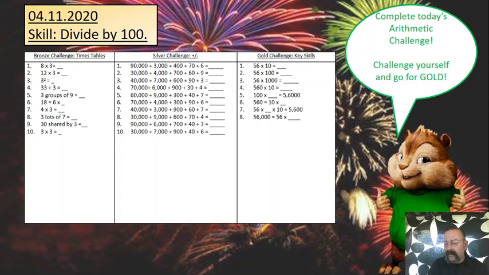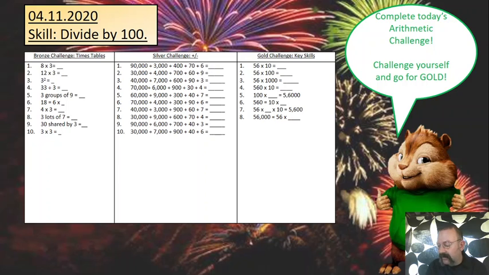So it starts with 8 times 3 equals 24. Then we have 36. We have 9, 11, 27, 3, 12, 21, 10, and 9. And then we have our silver challenge, where we're recombining those numbers, and the first one is